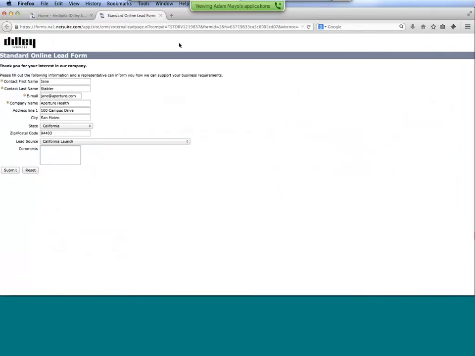We also have our online lead form, and this really is a nice feature to allow you to publish out on your Contact Us page a form similar to what you're seeing here, controlling what fields you may want to have that end contact fill out. And as soon as they go in and complete it and click Submit, that's now going to get routed to the appropriate rep within the company, create the record in NetSuite so that we're able to view that information and take action on it.